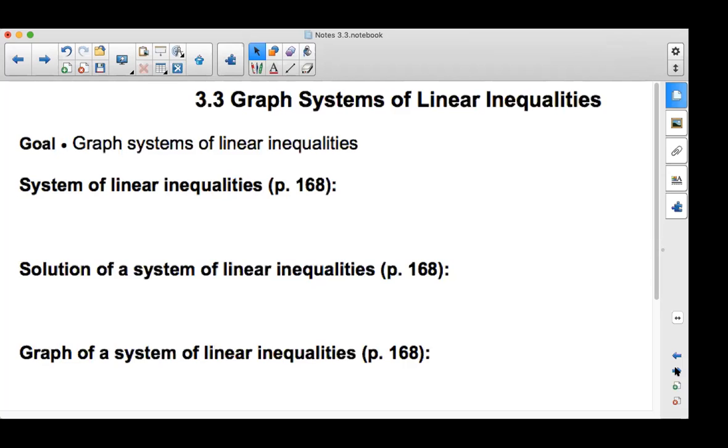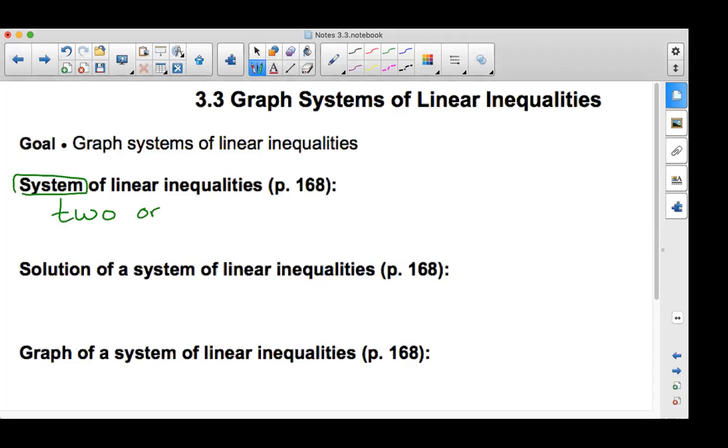We're going to start by describing what a system of inequalities would be. We talked about a system of equations, but how would that be different if I had a system of inequalities? So, Alyssa, when we had a system of equations, what did it mean for us to have a system? That's what we've been doing. What was a system? Yeah, 2. So a system of linear inequalities is going to be 2